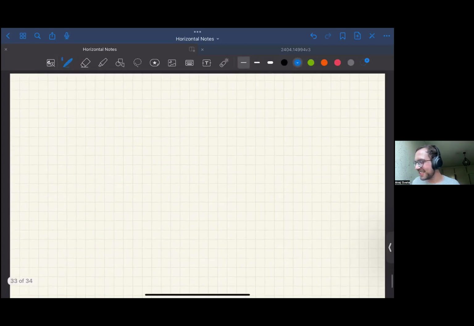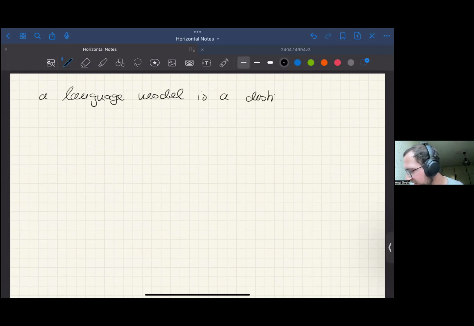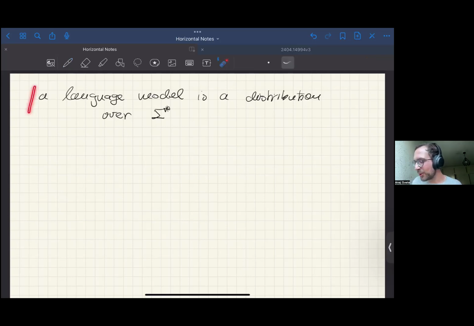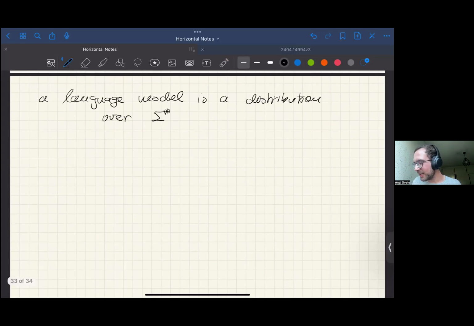Why this is relevant is because of how we formally think of a language model: a language model is a distribution over Sigma star, where Sigma is, of course, an alphabet. I'm not going to give all these trivial definitions today. This is something core to the paper, so I'm just going to have it written here. I'm going to keep returning to this, and if we internalize this definition,